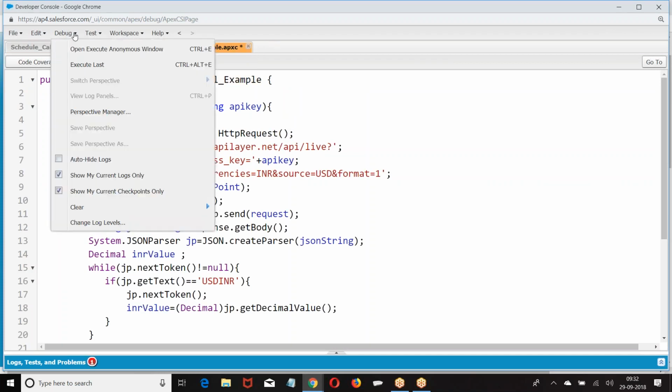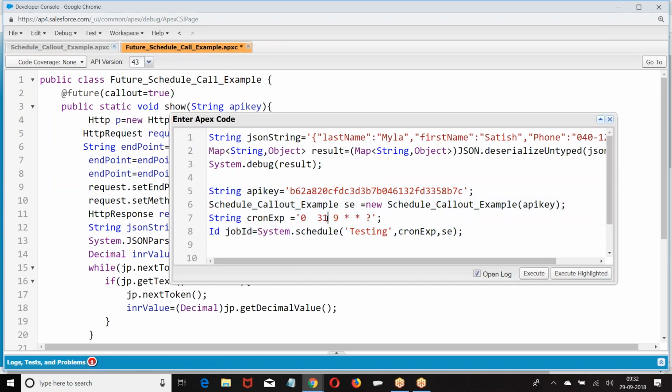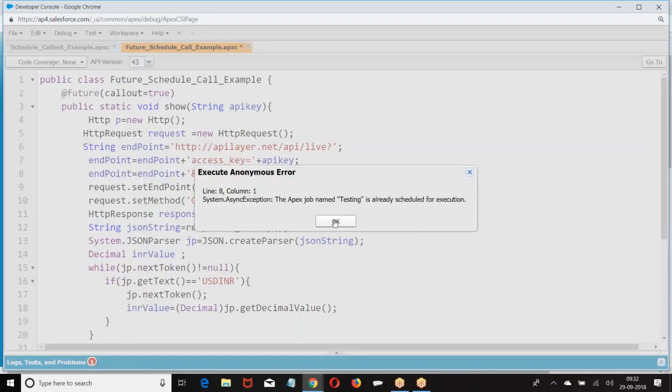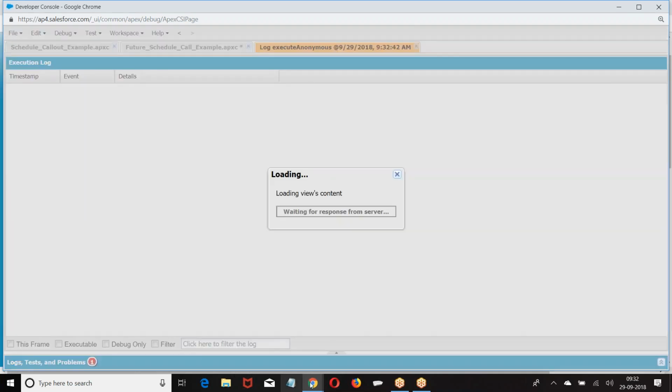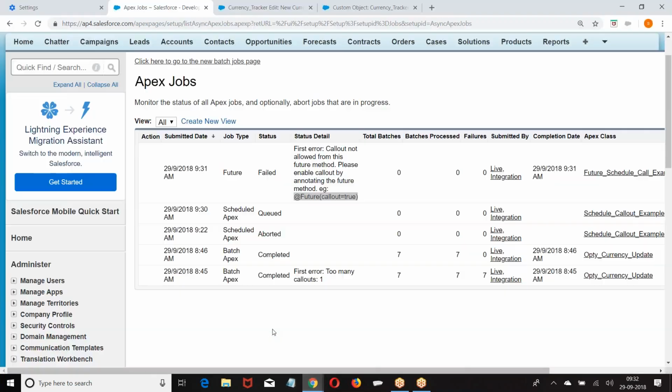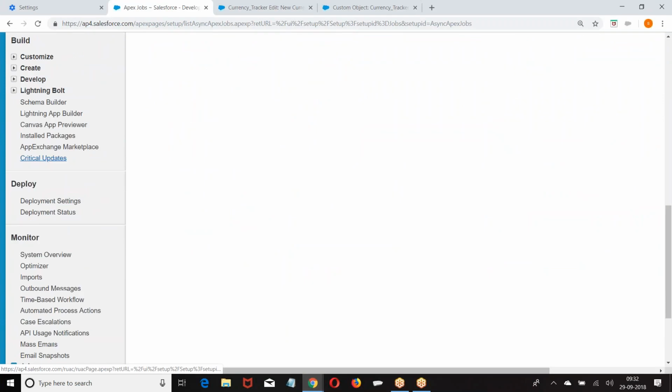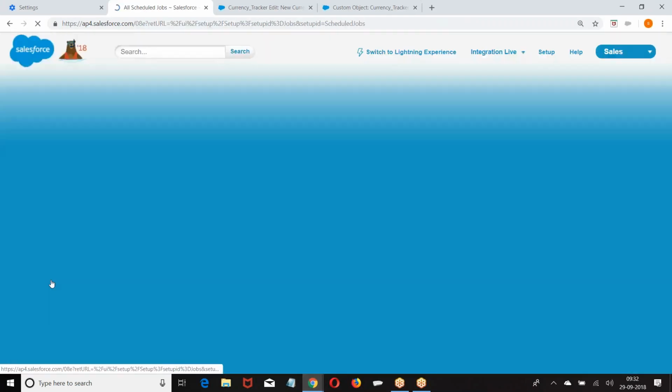Then it will take some time. Let's wait for the job.